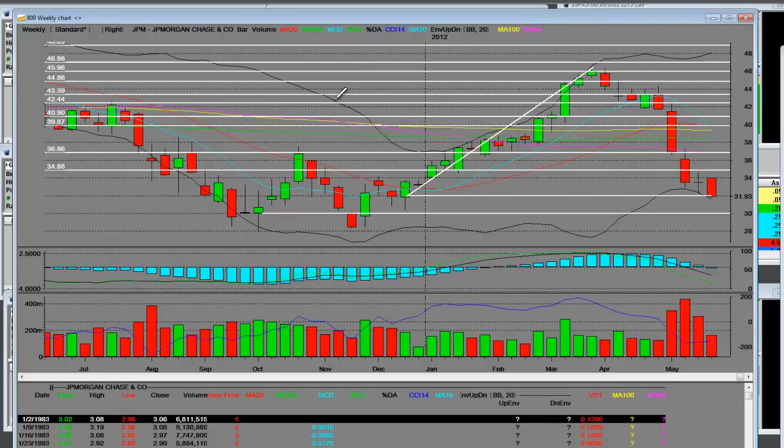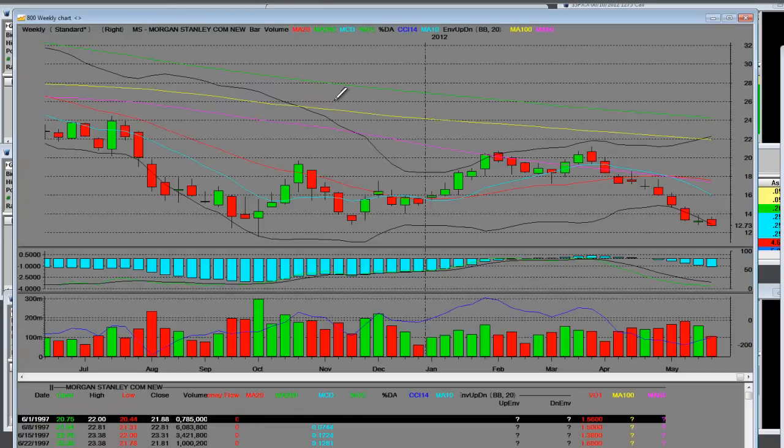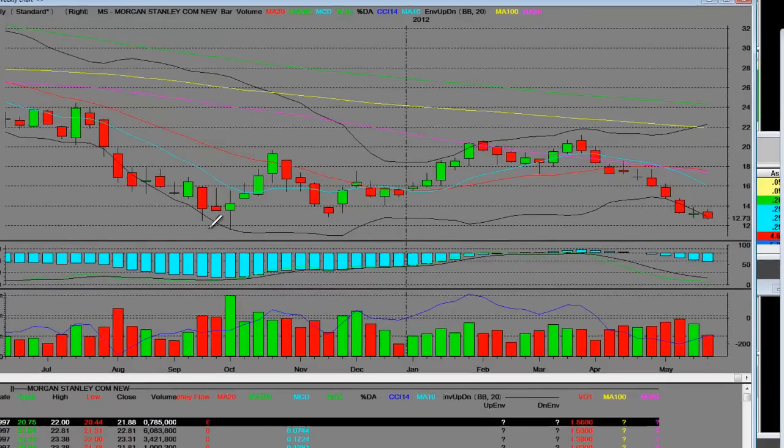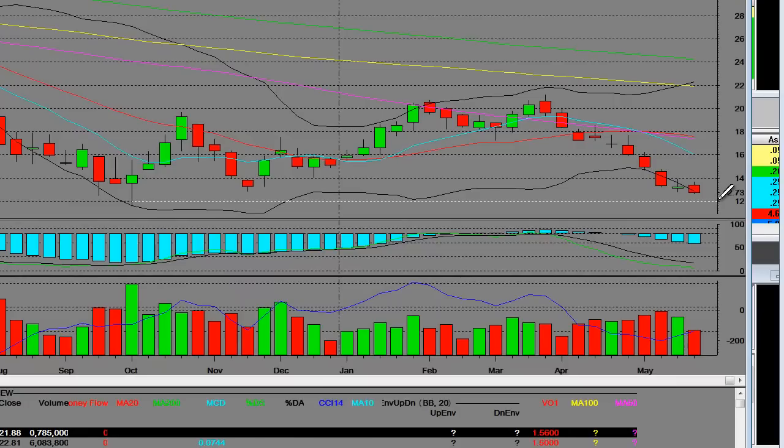If I show you where Morgan Stanley is, Morgan Stanley had their move down here. And you can see that Morgan Stanley's almost back to 12.73, but people were bidding it up here. And yeah, it had its rally with the financials. They all did. That's what supported the market. But look at it. Financials have been breaking down because of the crisis.